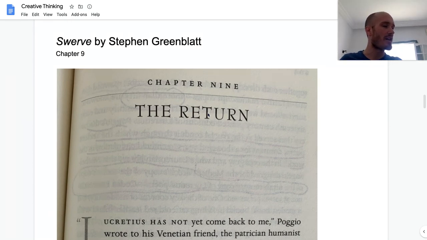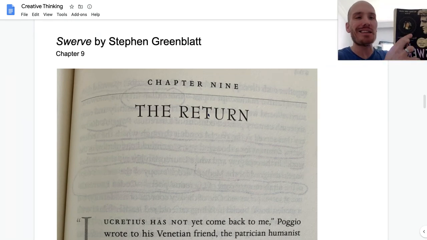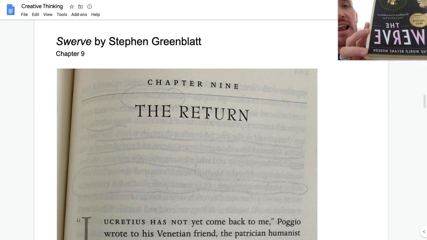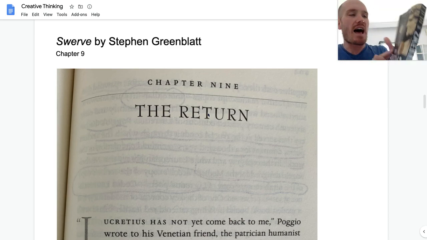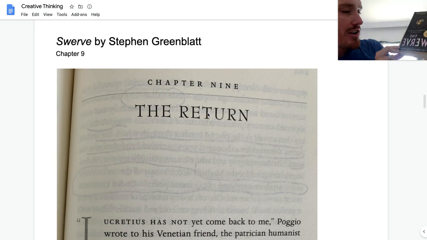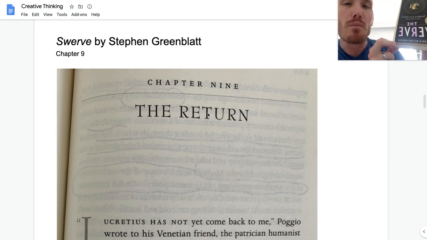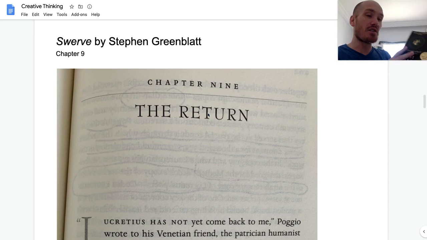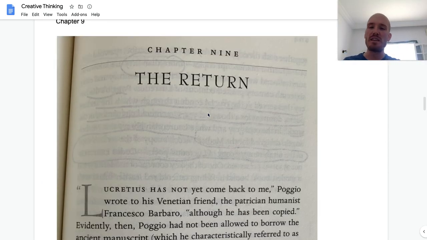Next book on our list, this work, which won a Pulitzer Prize, by Stephen Greenblatt, an academic as well, The Swerve. And it is about the advent of modernism. You see the title, The Swerve, and then the subtitle, How the World Became Modern, right? By the way, that last book was given to me for my birthday last year. So how cool. Irrelevant, but whatever. The Swerve, right? So let's take a look at chapter 9 from Greenblatt's work.